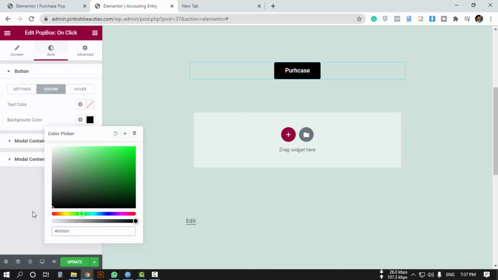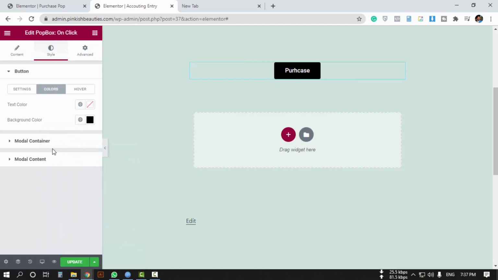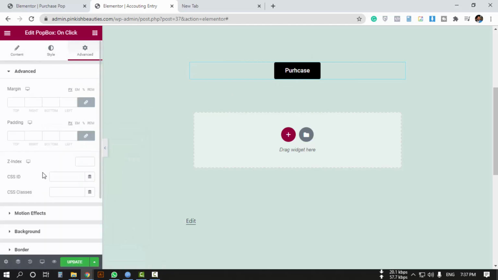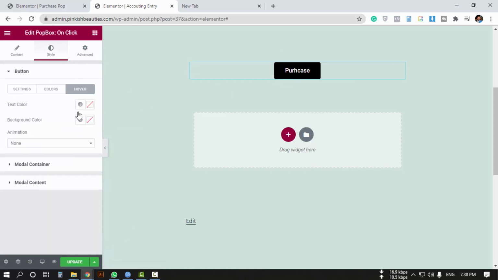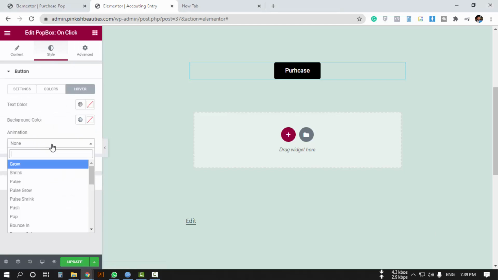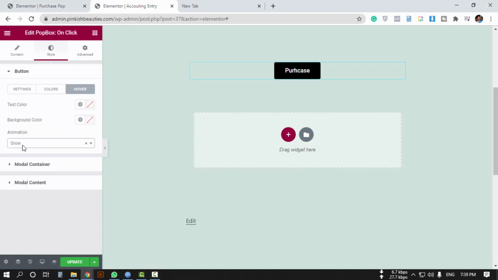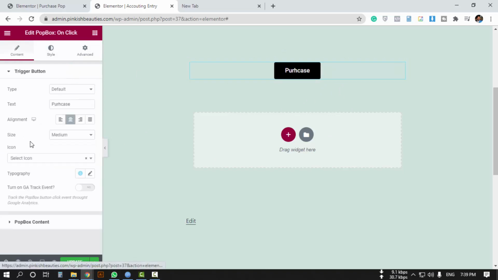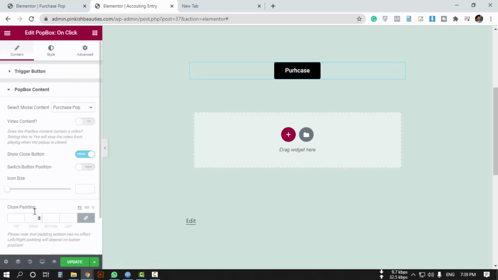Basically I like black, so I'm using this, and I can also add the hover effects from here. I can use the hover animation here. Just use the glow. When I hover on the button, it's glowing. So let's select the Popbox container, where I created the purchase pop-up and other pop-ups. I just select the purchase pop-up and update it,